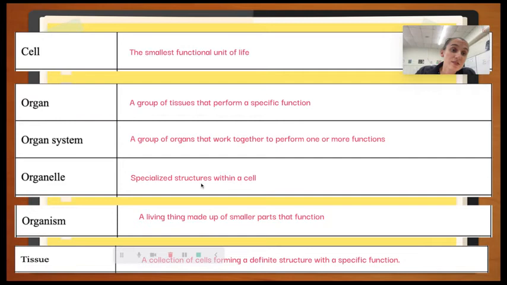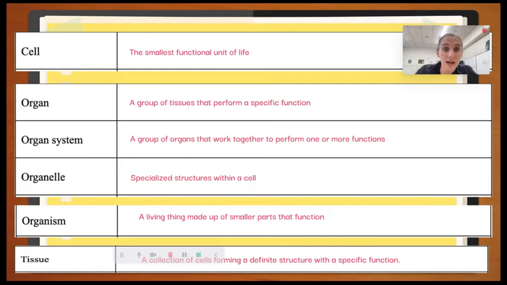So at this point, we are done with Unit 1. Congratulations. Your vocabulary should be complete, as well as every single page of your note packet. And that is it. You can get started working on your unit assessment review. Your unit assessment will be Friday, September 23rd. So that's next Friday. Make sure that you study up for that.